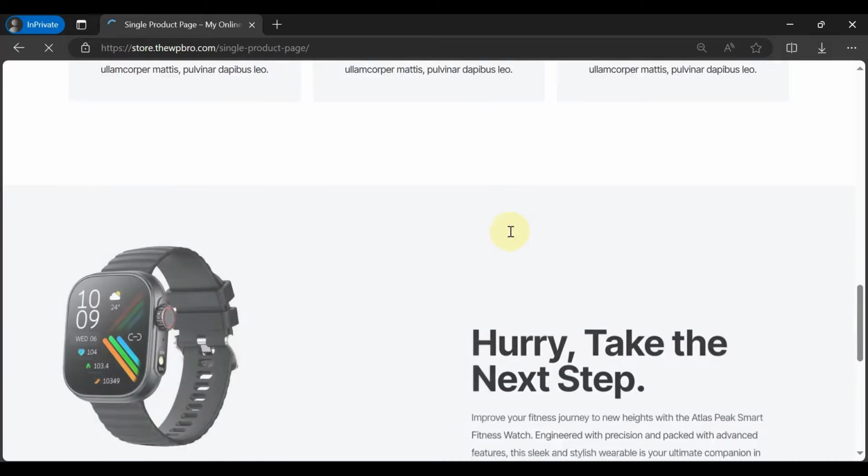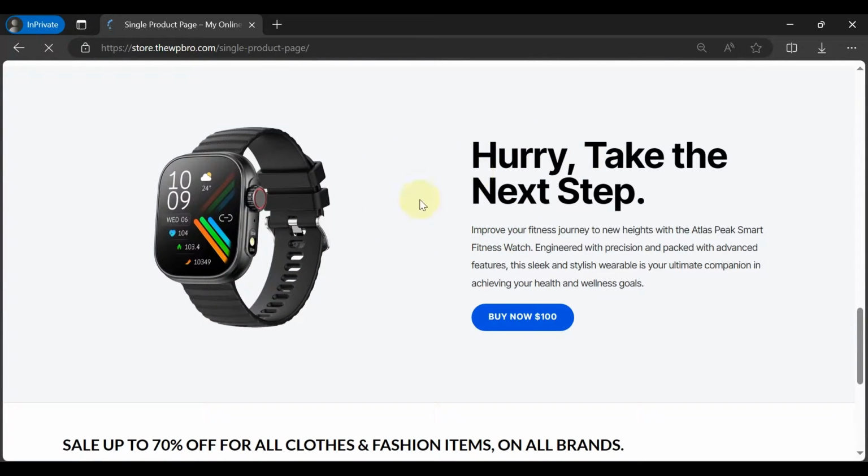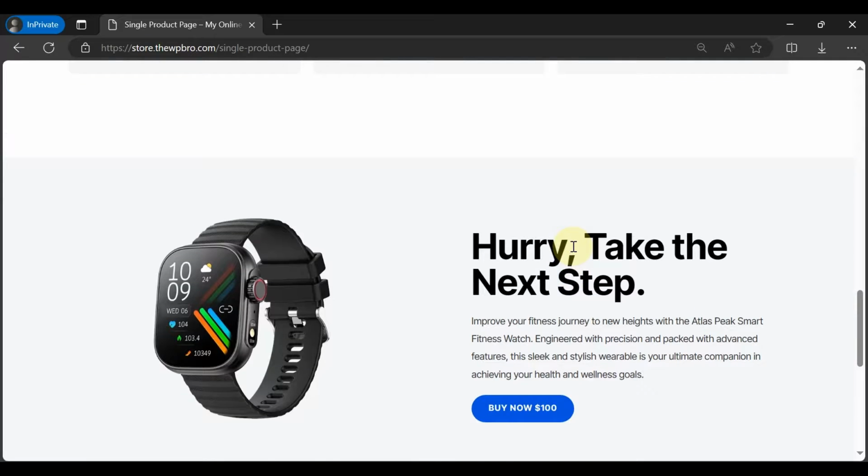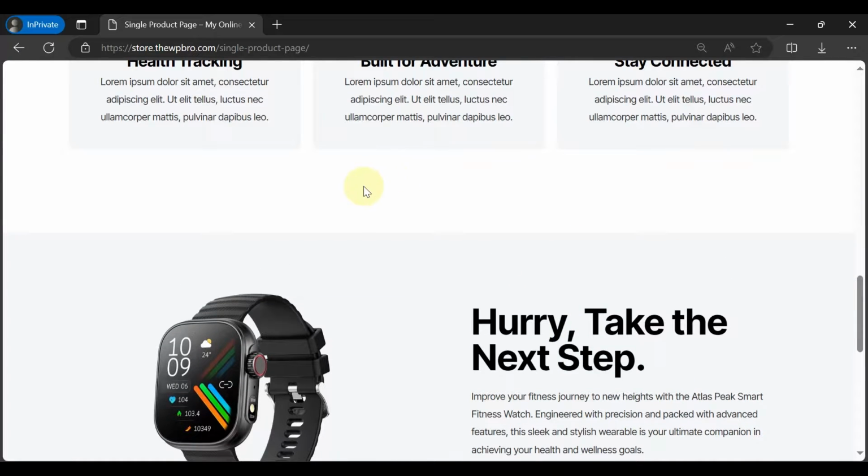And moving on to the last section for this landing page, we have another call to action section that compels them to buy the product right now. And also there's something I've added. By the time someone has visited this website, this page especially, and the person is about to close the page,